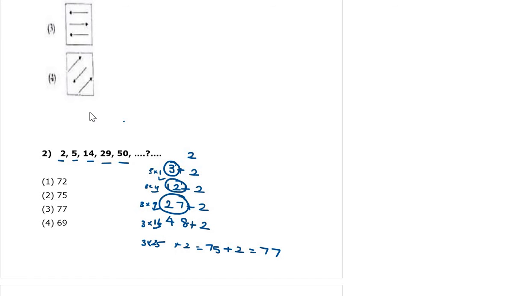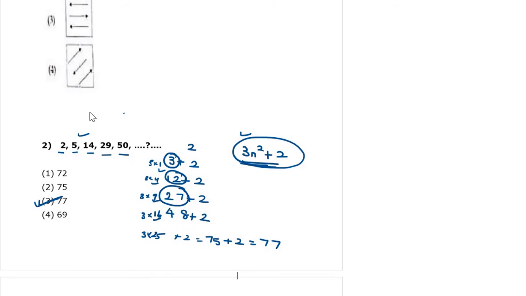The answer is 77. So what is the general pattern of this question? 3n squared plus 2. It is forming an AP; we have learned this in 10th standard. Some numbers will be given to you, and you have to make the general form 3n squared plus 2. Like that, we have to find out the relation between the first number and the second number, make the rule and check the other numbers also. We will get it. Okay, and then come to the next question, the third one.